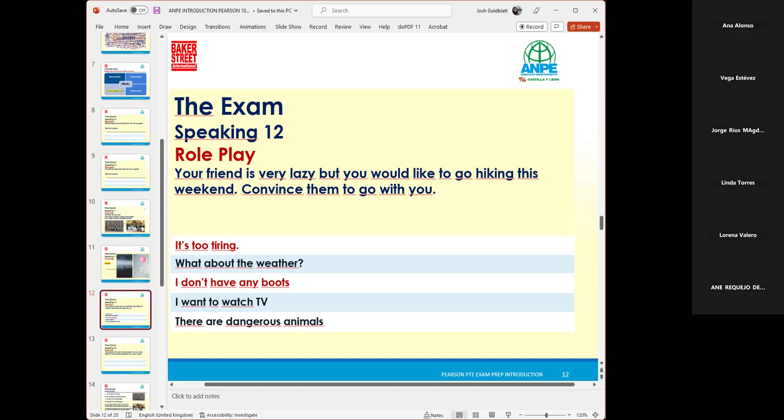And then what about all the dangerous animals? What about these foxes and bulls and all sorts of very dangerous animals which might attack us. No, because I know a route in which there aren't any dangerous animals. Okay, thank you. All right, well, maybe I'll go. You've convinced me. Thank you. Okay. All right. Right, brilliant. Okay, good. There you go.